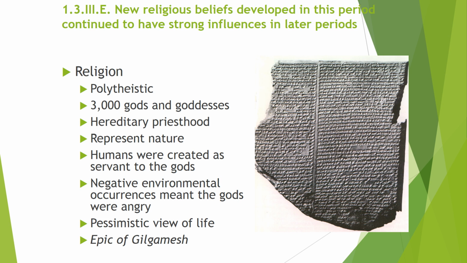What did we do wrong type of deal, right? What did I do wrong? That's a very pessimistic view. A lot of those views are contained in another one of the most important works that you'll have to know about in this unit, the Epic of Gilgamesh. Your video for John Green talks a little bit about that. It has a little thing about it and what it's about, but basically we anger the gods. The gods create this giant flood, similar to the flood that Christianity holds true with Noah, and it wipes out a lot of people, and eventually we have to make the gods happy again, and we have to make them feel good.